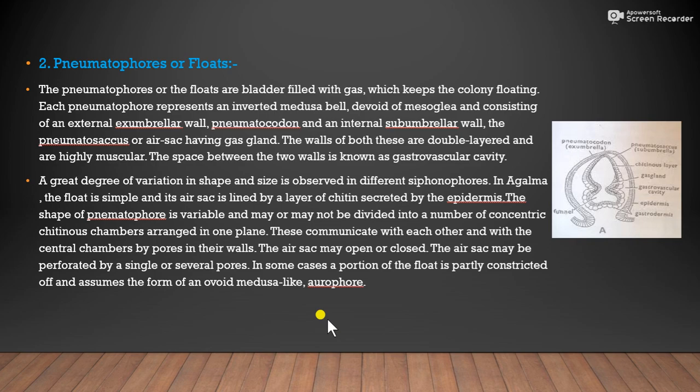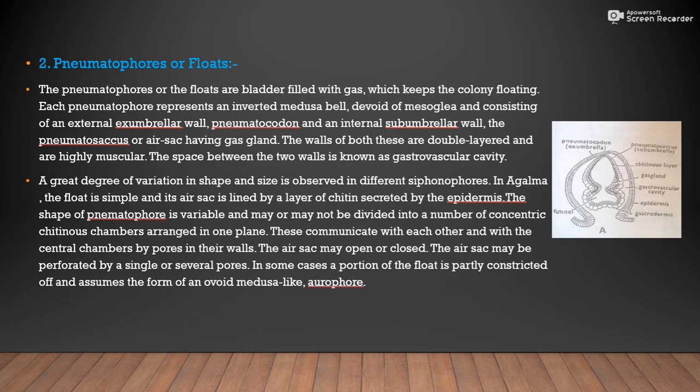The air sac may open or close, and may be perforated by a single pore or several pores. Look at this, this one is a gas gland. In some cases, the float is partly constricted off and assumes the form of a wide medusa-like form. This is all about